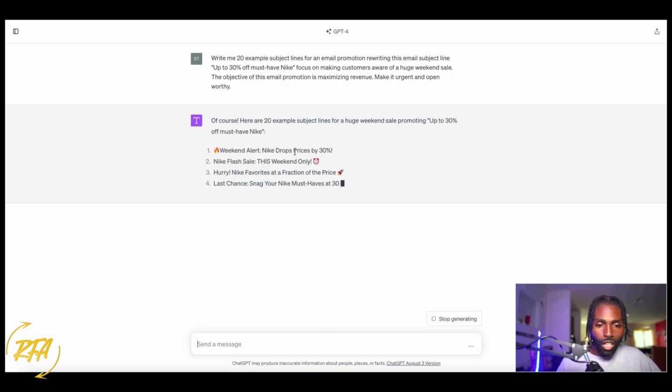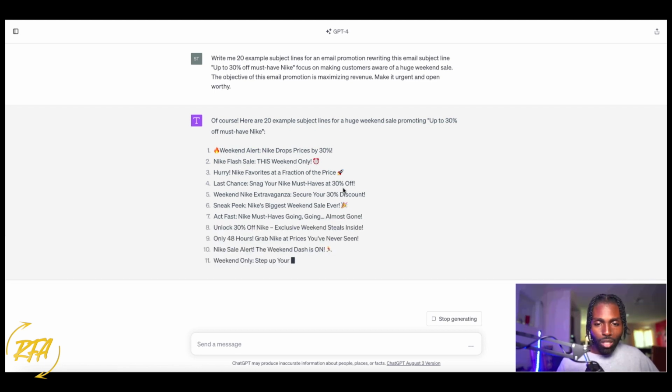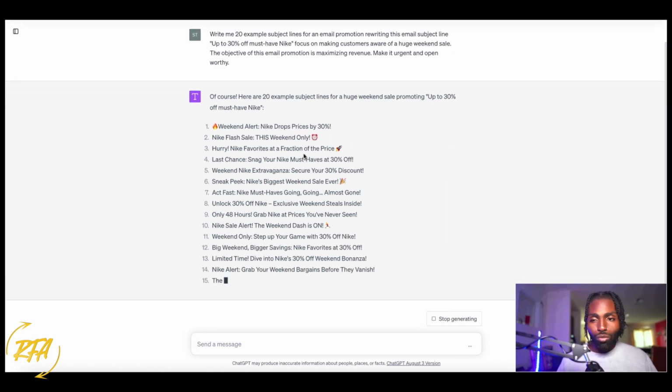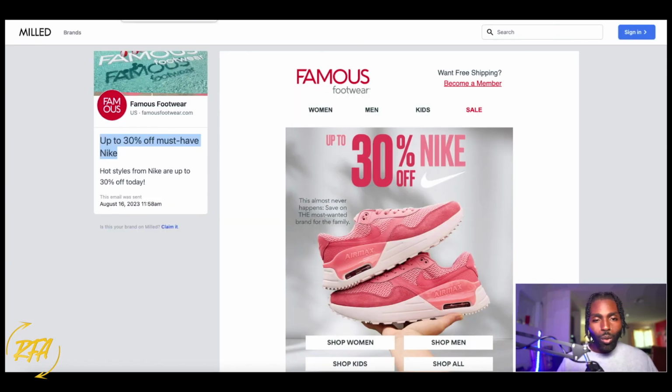Weekend alert, Nike drops prices by 30%. Nike flash sale this weekend only. Hurry, Nike favorites at a fraction of the price. Snag your Nike must-haves at 30% off. So you can see here that ChatGPT is going to generate a bunch of different subject lines that we can now use within our brand. So everything is done for you. You have everything you need to be successful. So y'all, email marketing does not have to be a difficult thing. You can literally take things that other brands are doing, add your own swag to it, and get that 42x